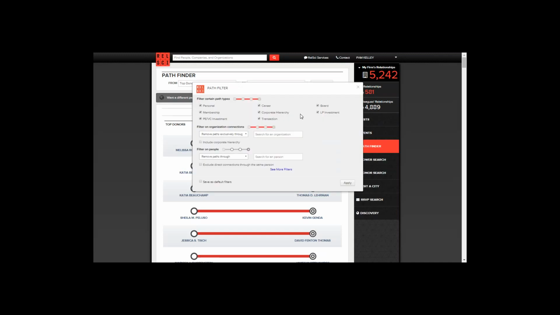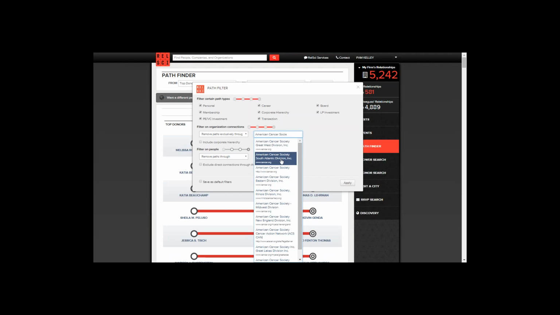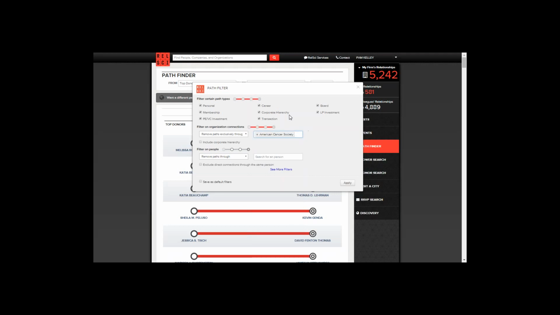So if we click this filter button, for example, let's say you're running a path and you already know that a group of these people are connected. Let's say they're all on the board of the American Cancer Society together, and that's clogging up your report. You already know about those connection points. I can remove paths exclusively through an organization. I can type in American Cancer Society